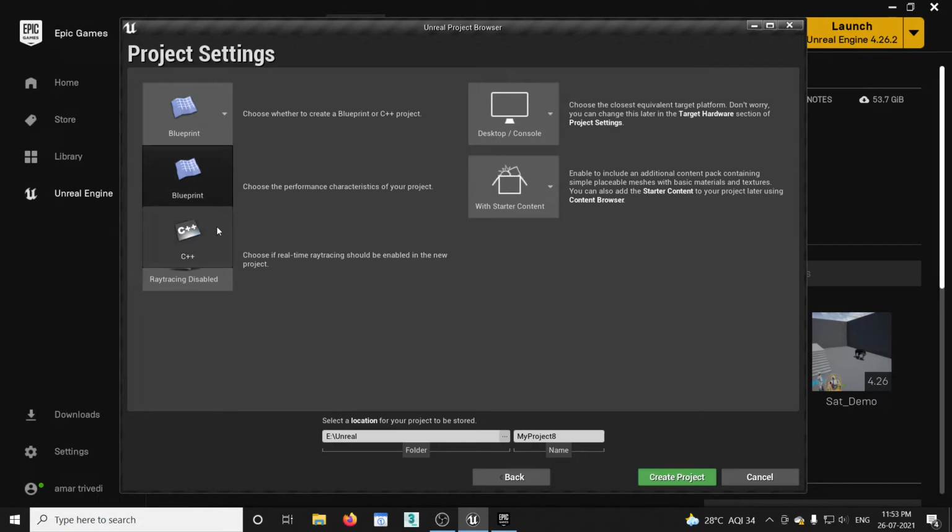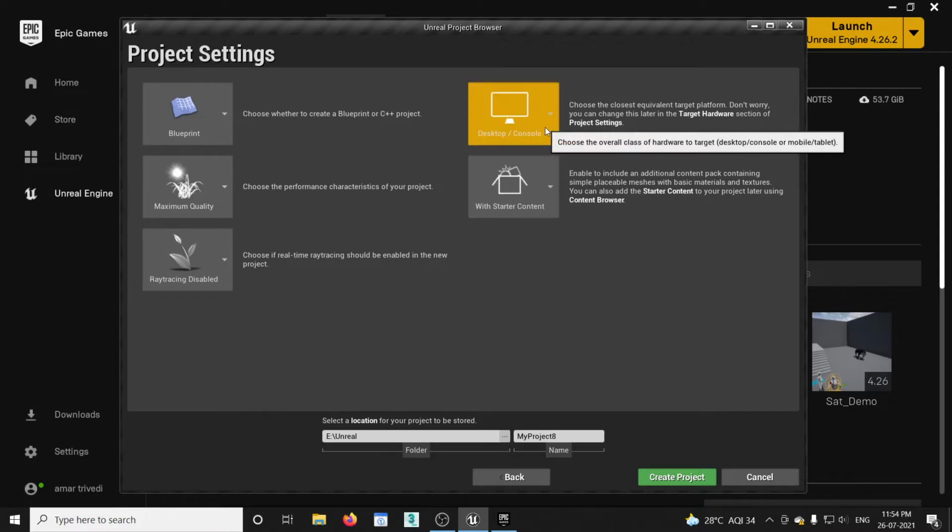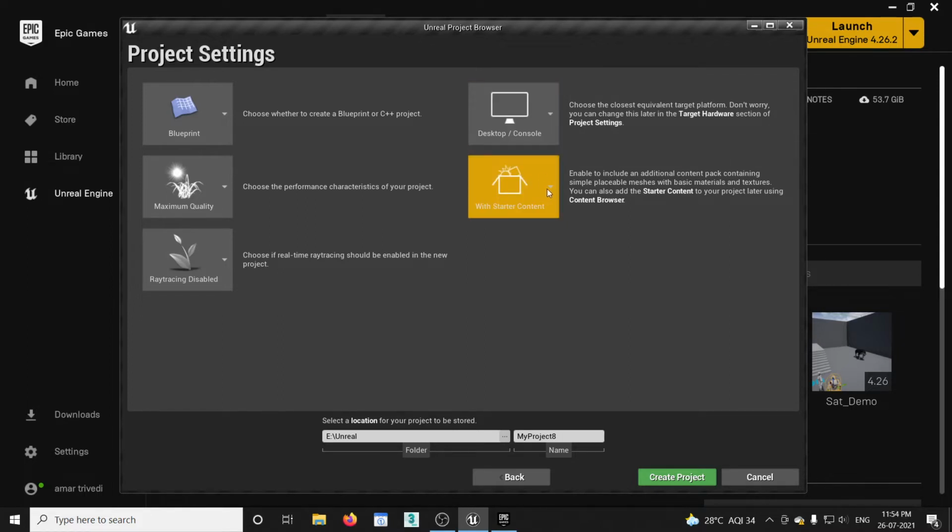A C++ based project allows the user to program functionality in the traditional manner of writing code. And we have desktop and console. So if we are making a game for desktop or console, here we can select as per our choice. For this particular video, we will select the desktop version. Now, with starter content and without starter content: if I select no starter content, it is unable to include the additional content